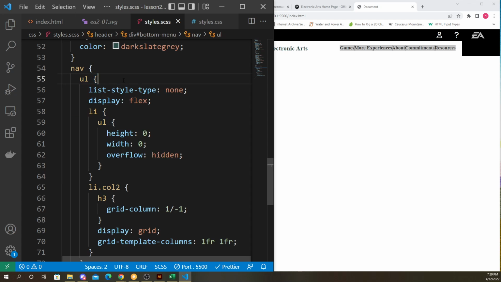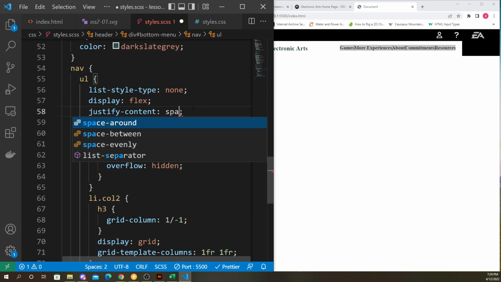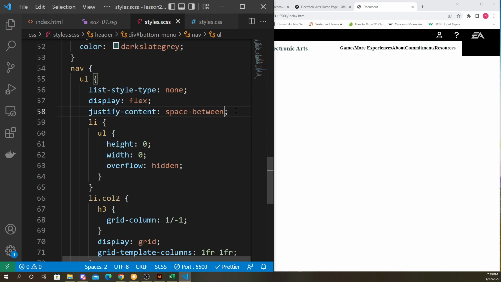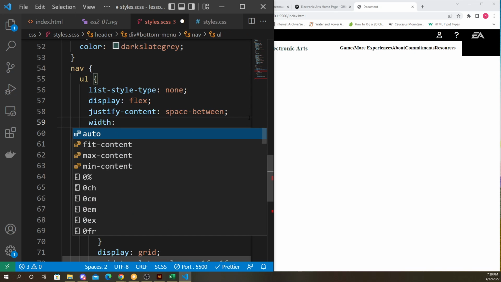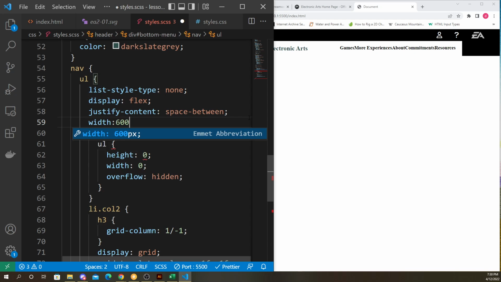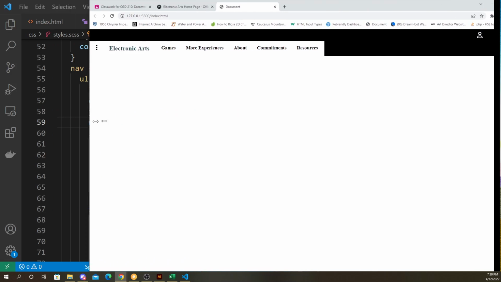They're inside the UL, which has display flex on it, but let's put justify content space between on that as well. And oh, but we need to give it a width for that too. Let's say width of, let's try 600 pixels. 600 maybe, actually it's just right. Okay, so 600,